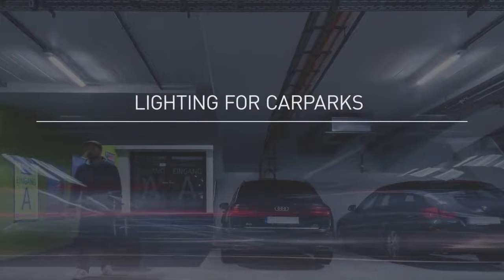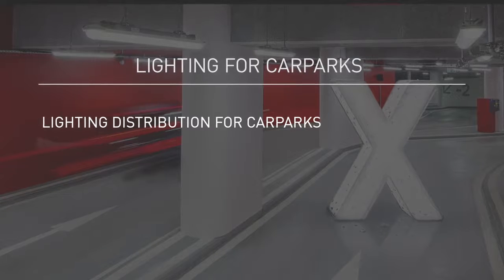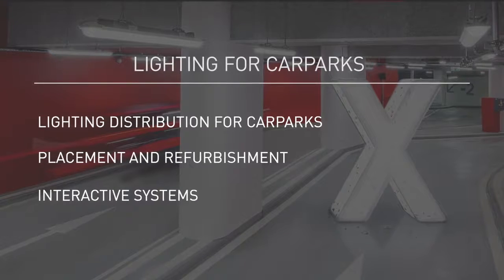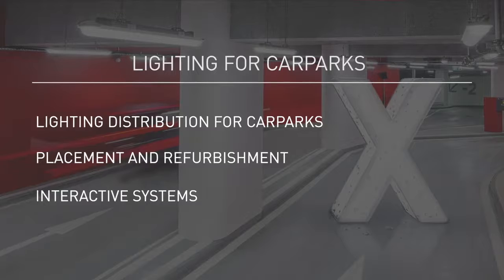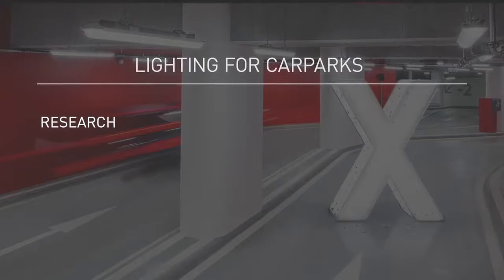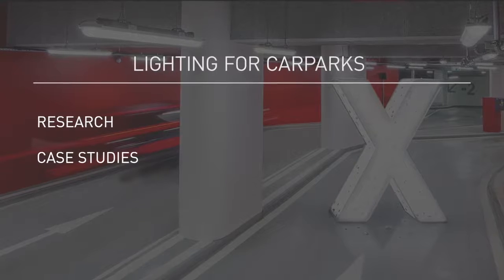Today's Academy training module is looking at lighting for car parks. In this particular Academy on lighting for car parks, we will be looking at lighting distribution for car parks, placement and refurbishment, and we'll also be looking at investigating the variation in typical controls that you can use, from basic types of controls right through to fully interactive controls that can maximise both the energy savings and help facilitate a refurbishment potential. We'll also be looking at some research that focuses on mega trends within car parks, and we'll also look at a couple of case studies to show what can be achieved, and then we'll have a brief glance